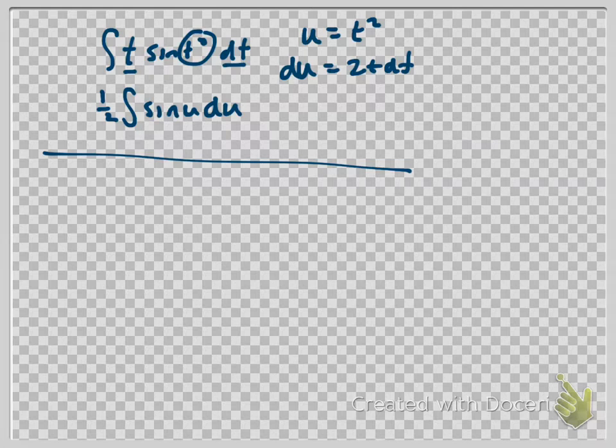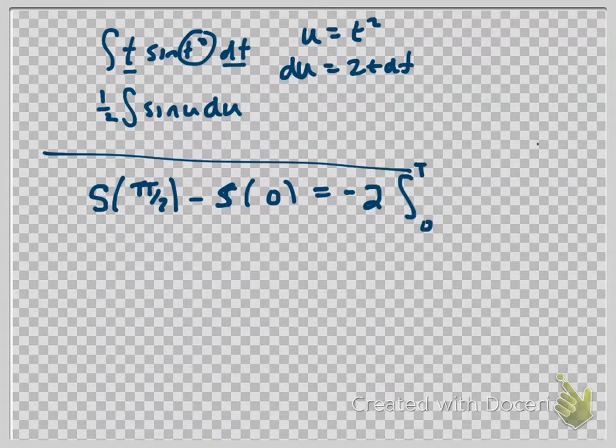So this tells me that what I want for my s of pi halves minus my s of 0, I can now write it this way, is equal to... wait, what was in front of our integral? A 3? Oh, 2. Yeah, negative 2. So negative 2 integral from 0 to pi halves of,